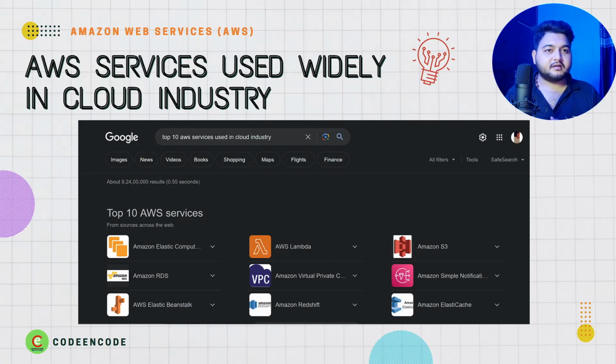So let me ask you one thing. Are you learning cloud services just for knowing them, or do you want to get a job in that? Probably most of the audience will lie in the second one, right, to get a job. So if you want to get a job in the cloud industry, what are the major services which you should be aware of? The first one is Elastic Compute Cloud, then RDS, Relational Database Service, then Elastic Beanstalk, which comes under the compute